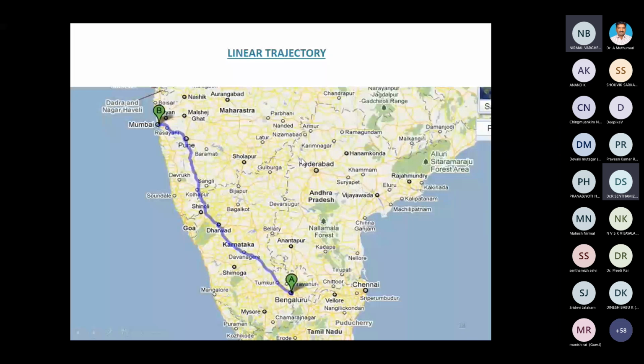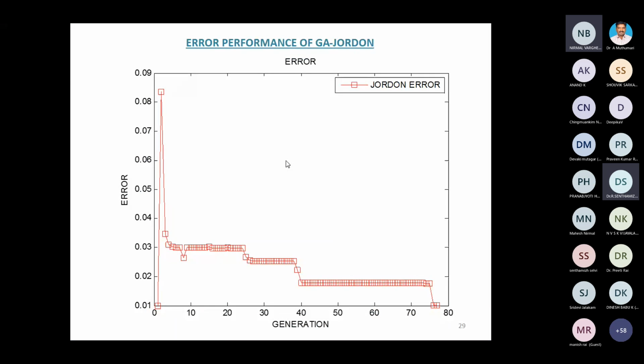Now, once the output values are achieved, the Jordan network is well equipped with the optimum chromosome with the minimum error. The iteration of your generation. See here, I started with the first 10 iteration, then 20 iteration, 30 iteration, 40 iteration, 50, like that it goes, right? One iteration means one complete set of neural network training. Start from input to hidden, then hidden to output, then output, you are going to take it as the real time output. So this process is called one complete generation, or you can say one iteration, right?